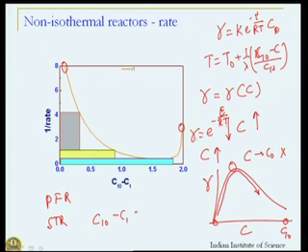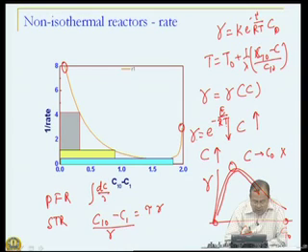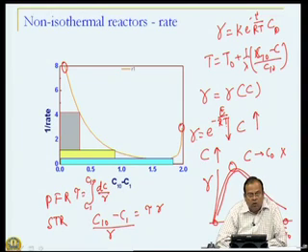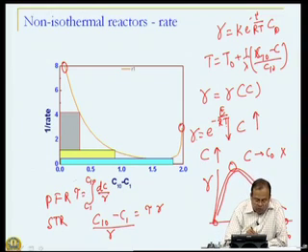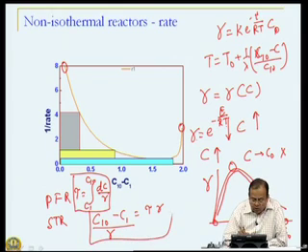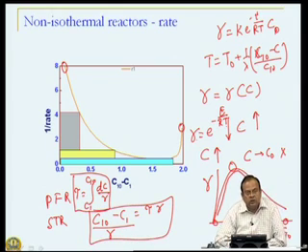C10 minus C1 is tau into R, or residence time is C10 minus C1 by R, and for plug flow reactor it is integral dC by R from C1 to C10, which is my residence time. Or in other words, graphically, for plug flow reactor residence time is the area under the curve, for stirred tank reactor it is the area